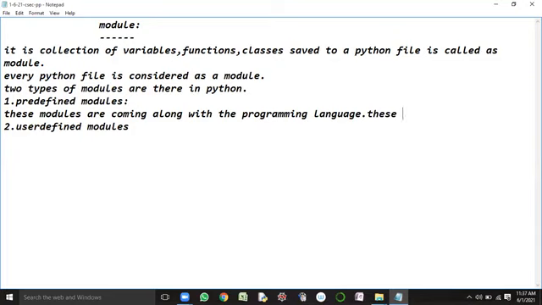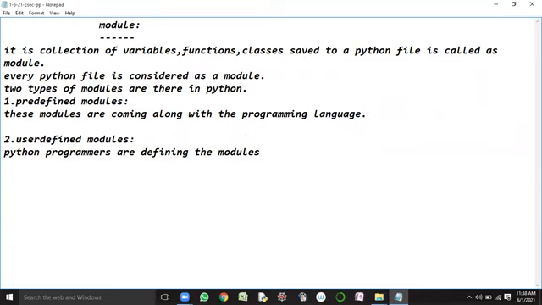Of course, they are Python code, but they come along with the language. What about user defined modules? You people are defining them. Python programmers are defining the modules. Such modules are treated as user defined modules.